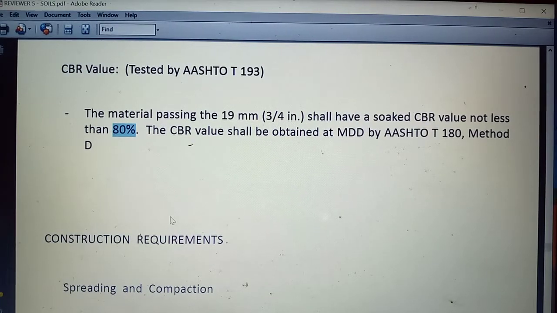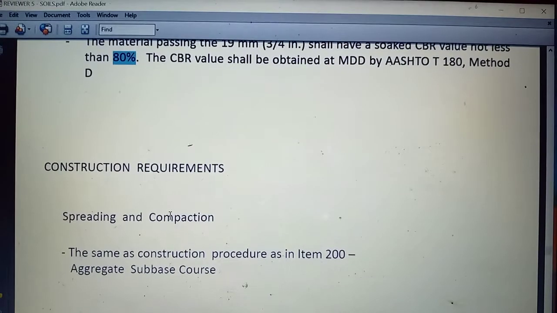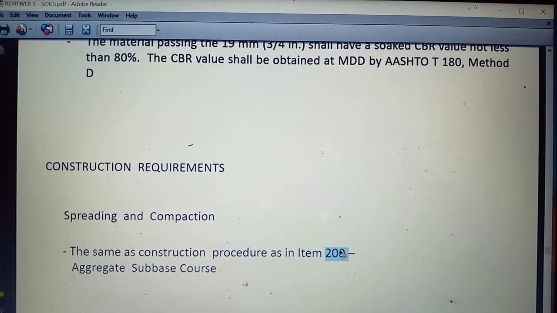Siya bababa ng 80%. Okay. Speaking of construction requirements. Okay. So, may correct myself. This should be 201. Okay. This is 201 pala, class. Okay. So, this is